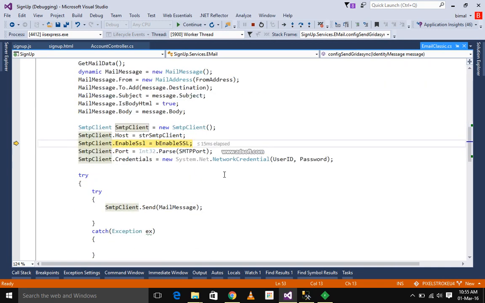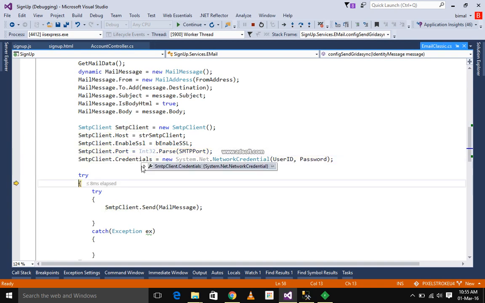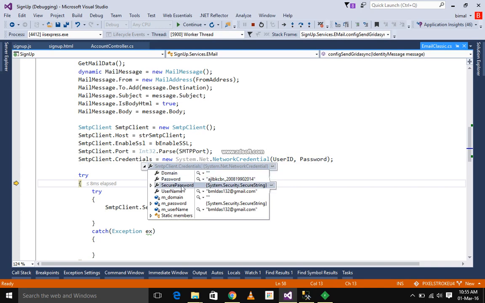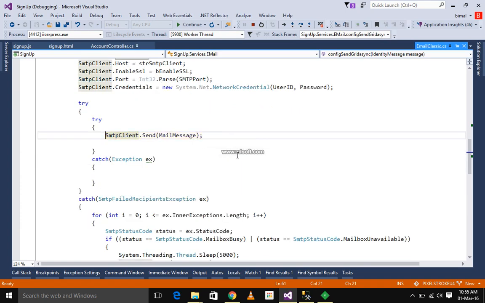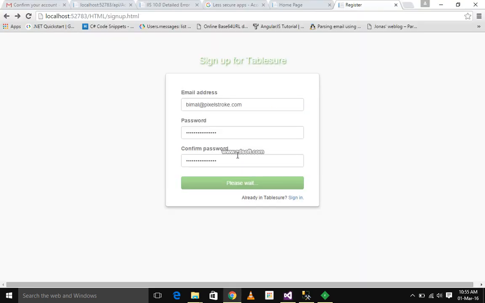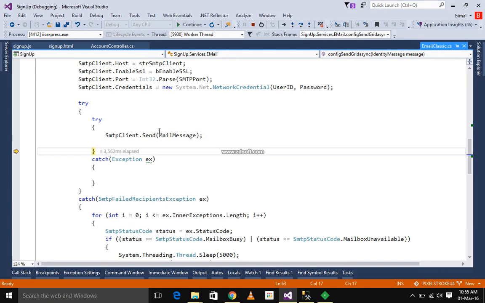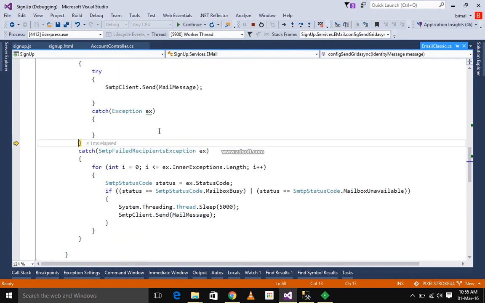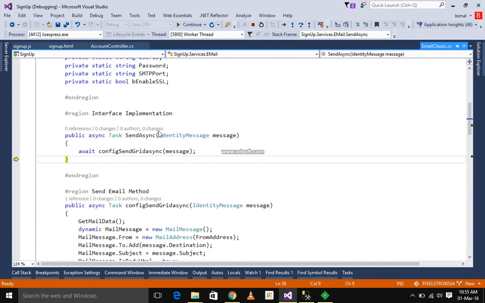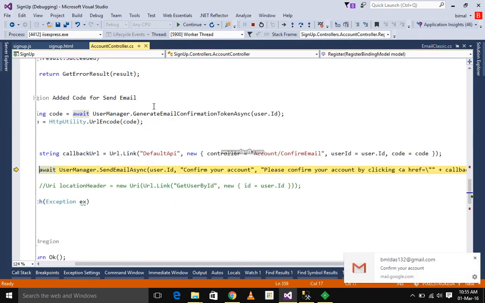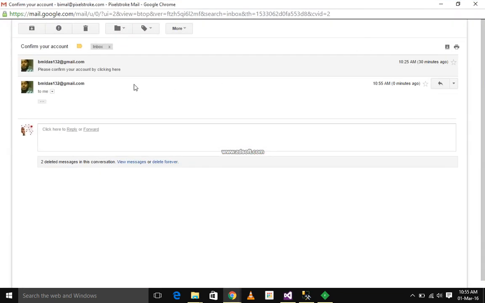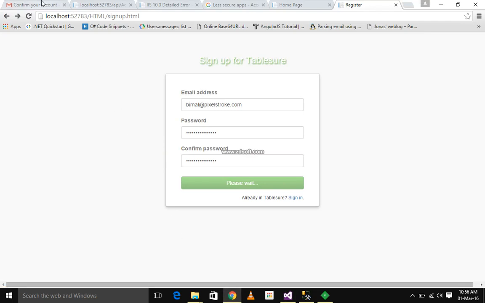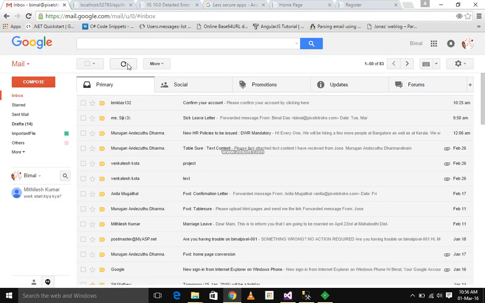The host will be, and now this credential will be passed. If I go to the credential, you can see the password is this. And I am trying to send this email. Okay, it's sent successfully. It comes out of the loop. You can see one email has come. If I refresh this,